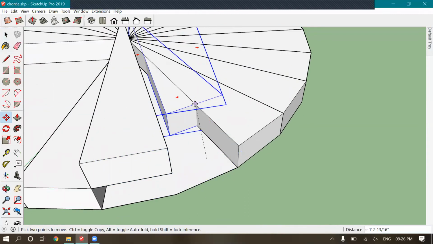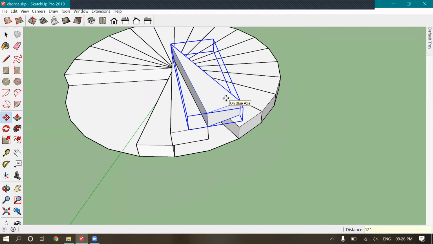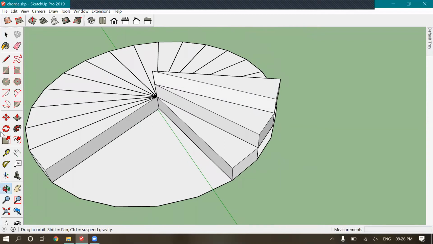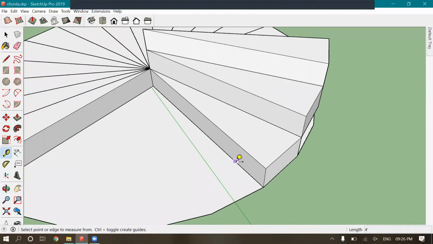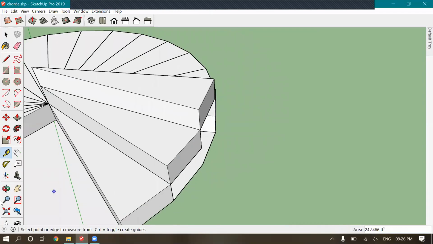Copying the third one, I have given a height for the first one like 6, and for the second one it will be 12. So the height of the stair is 6 inches. Here I have used 6 inch and I've used 12 inch.